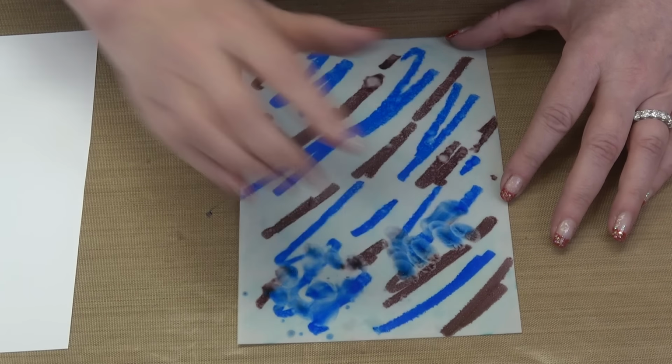Once I've got those lines kind of gone, then I can kind of move it around a little bit. And it'll kind of blend into each other. Can you see it starting to run and soften out a little bit? If I want it to run a little bit more, I add a little bit more. And I just kind of let the colors dissolve into each other. And when I think I'm happy,